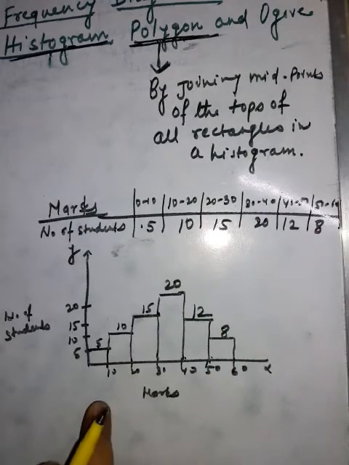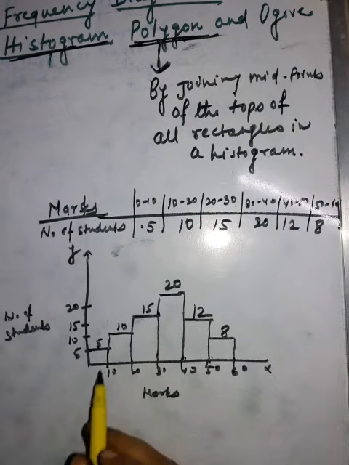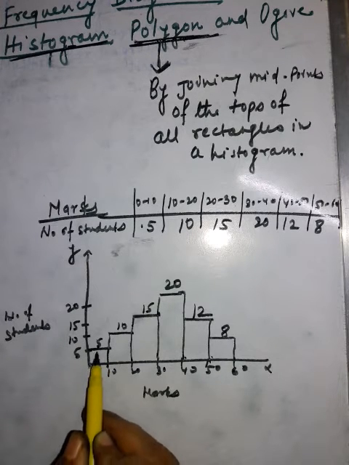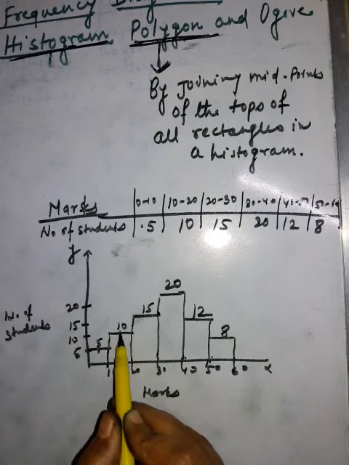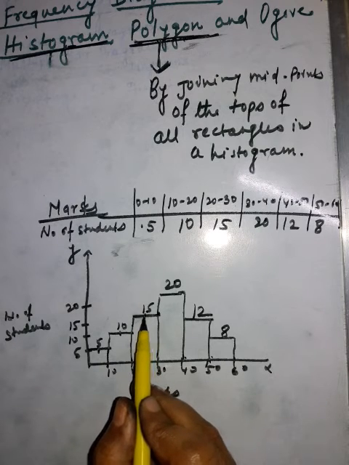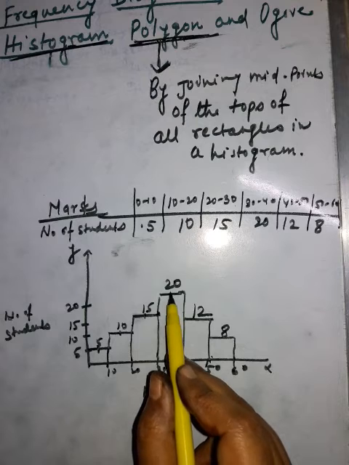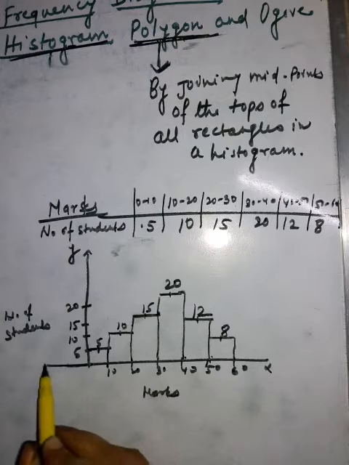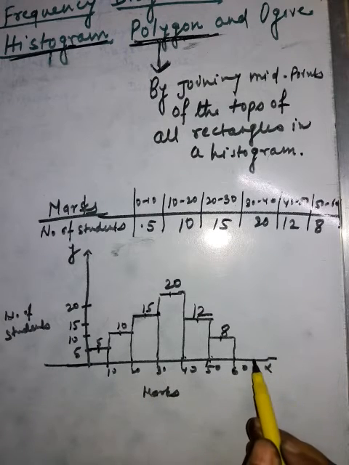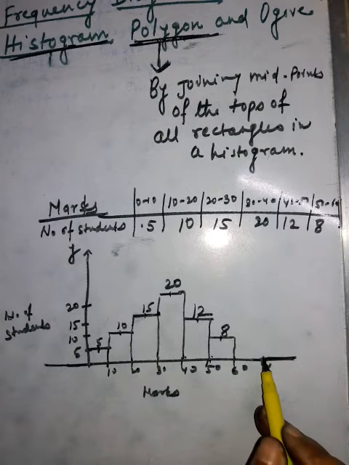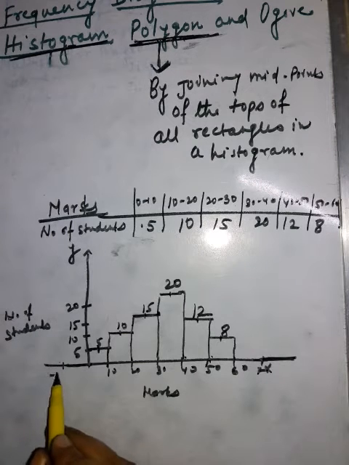So what will we have to do first, that is we have to draw the frequency polygon of this data. The first thing you have to do is draw a histogram. Then first we will find the mid value on the graph paper, in the middle of each class. So here will be the mid value, here will be the mid value, means add the limits and divide by 2, you will get the mid value. So here will be a mid value. On the x-axis, here will be 17 and here will be minus 10.